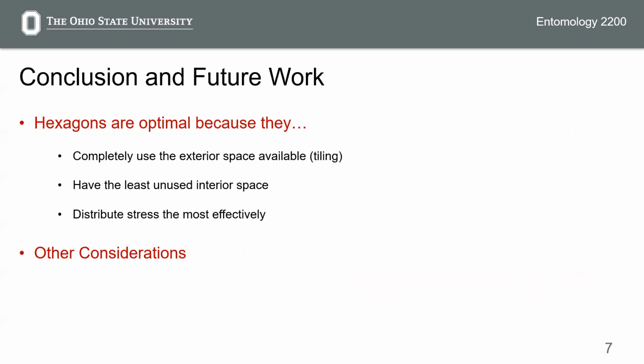And now to wrap this presentation up, I just want to summarize that hexagons are the ideal construction for bees because they make the best use of the space, both that they occupy and provide, and because their construction significantly distributes the stresses that a beehive undergoes, even when it's full of honey, resources, and